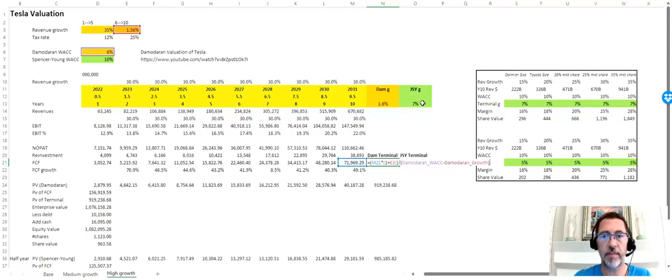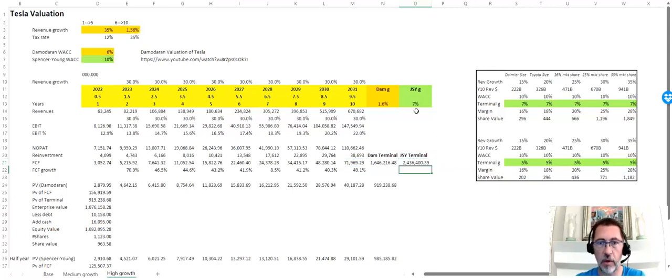I'm going to use 7% in my calculation. So if you look at my terminal value formula, you will see just my WACC that's coming up here, taking the 10% minus just my growth, that's using a 7% growth rate to get to the terminal value. So you see I give a lot more substance to the terminal value, in other words the long-term growth that exists or is potentially going to exist in Tesla, compared to Damodaran.